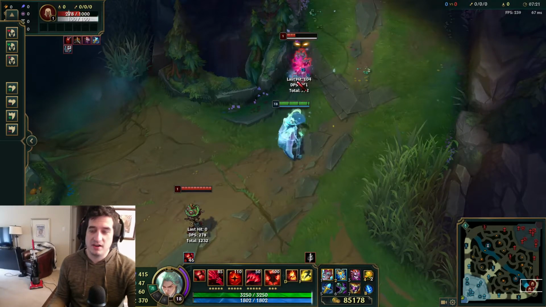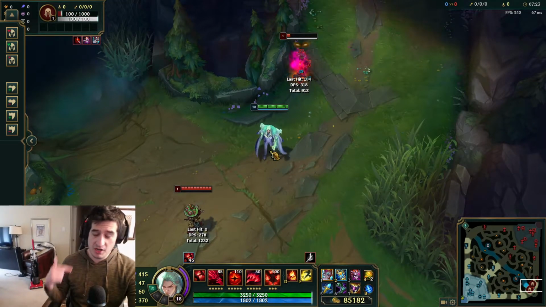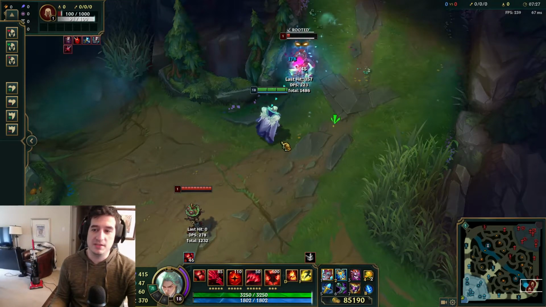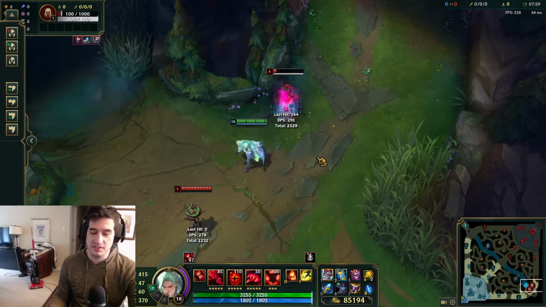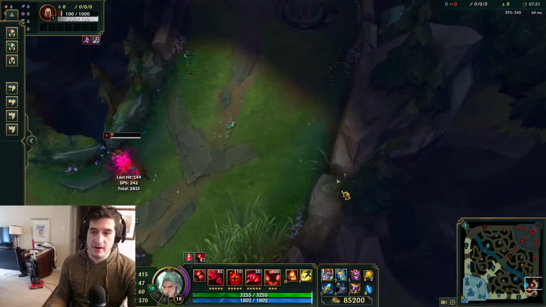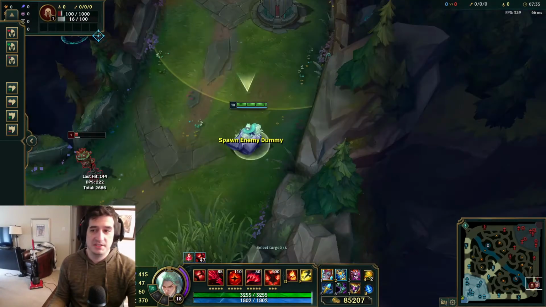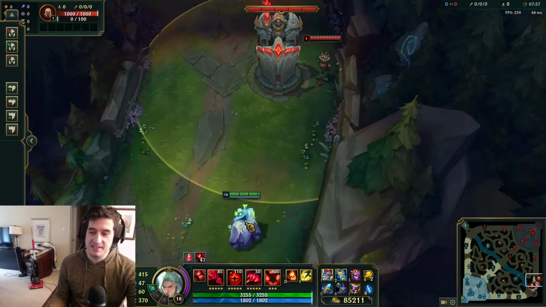Look at the way that they are going to be dodging your autos, and then throwing out an E in the way that you think they are going to move is going to be a really, really strong way. Now, a very easy way to harass champions under turret, particularly when they are CSing, is this: